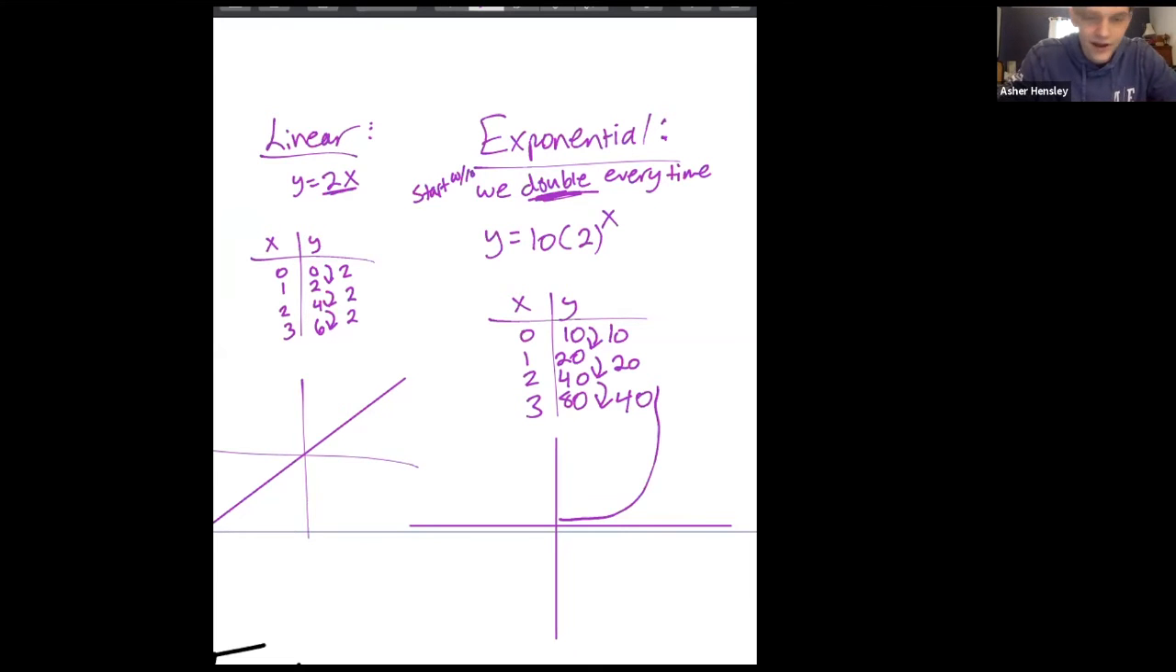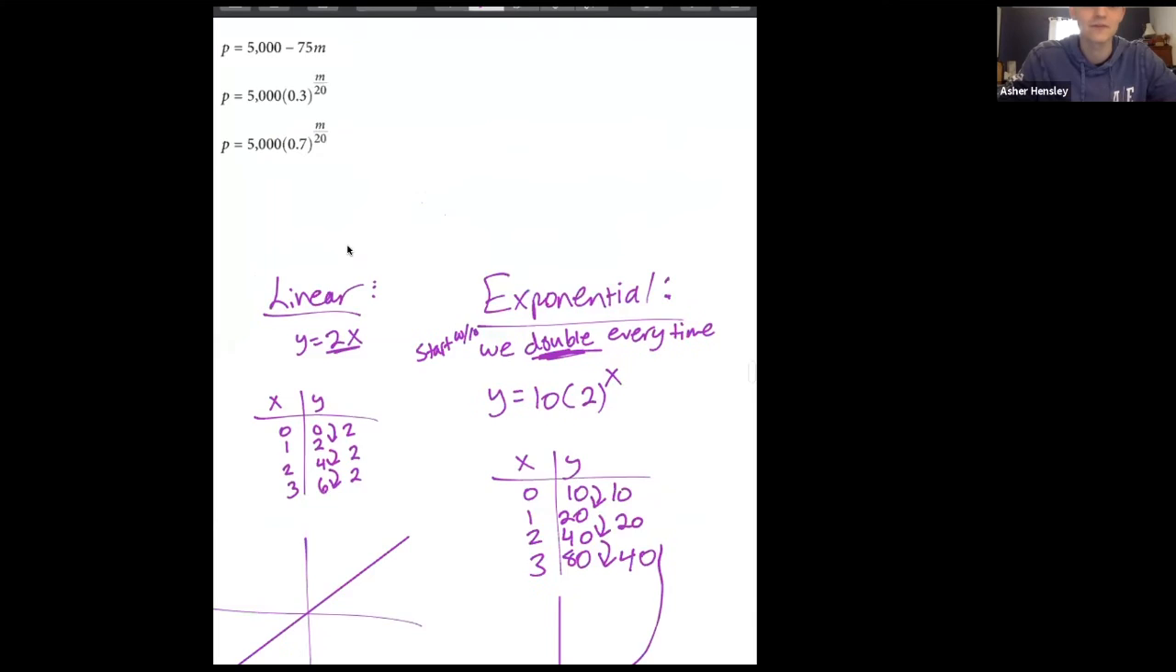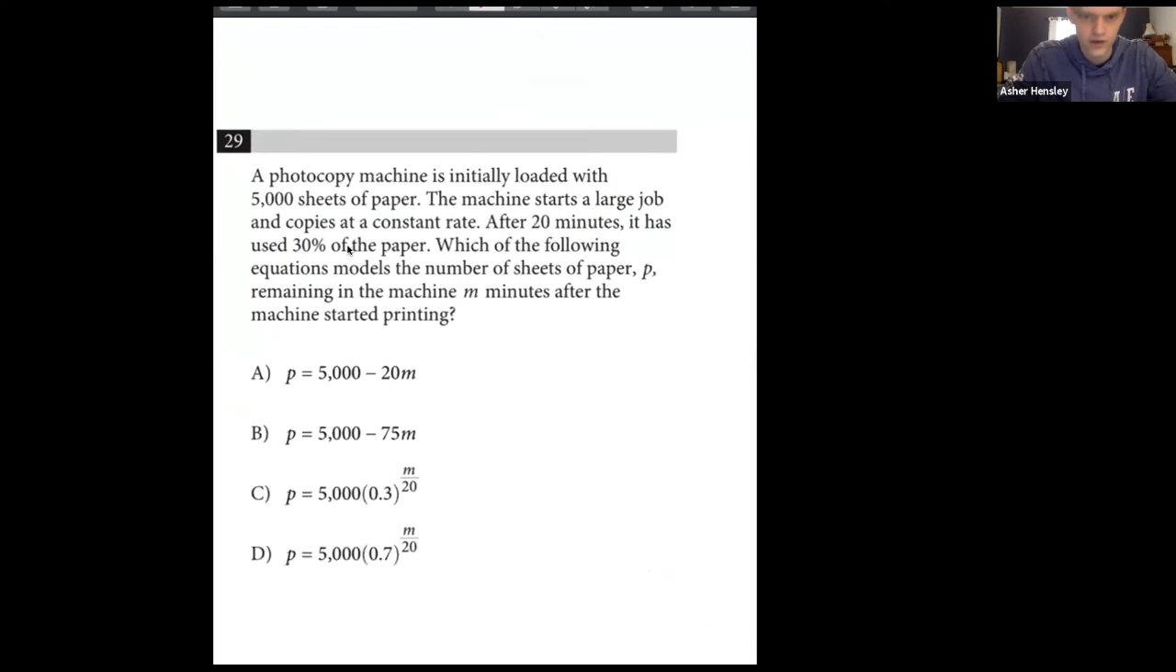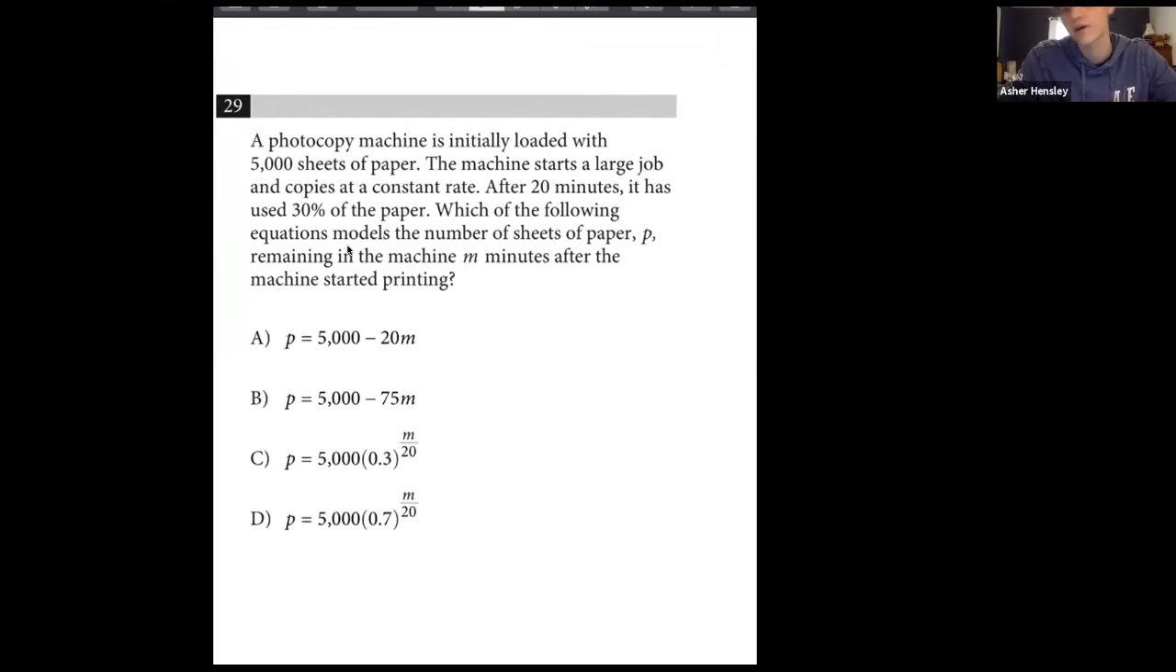Sweet. Now that we got that out of the way, please be super careful with this next one. I'll read it with you guys, but I want you to come up with your own answers. Private message Kelvin. So a photocopy machine is initially loaded with 5,000 sheets of paper. The machine starts a job and copies at a constant rate. After 20 minutes, it has used 30% of the paper. Which of the following equations models the number of sheets of paper P remaining in the machine in minutes after the machine starts printing? So take a second,